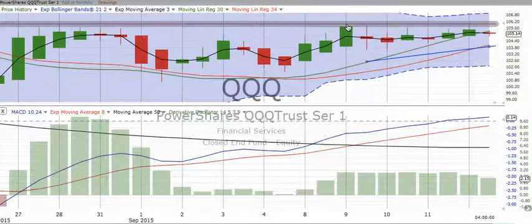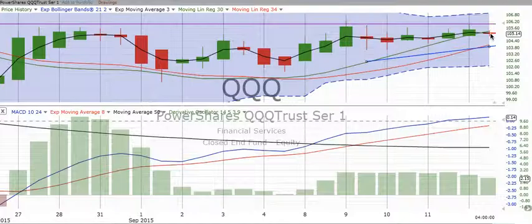I did draw at 106. I drew the purple line there that shows sort of where it's all topped out and hit a few times, rung that bell, and we're not too far from that right now at 105.15. But again, you can see, those of you who are watching, listening, it crossed over going up on the 4-hour chart back on the 27th of August. Continue to see an up movement. We've got a divergence. We have a huge up movement in the MACD, and the charts have just sort of pittered along sideways as far as price movement goes. So again, the MACD doesn't support that up movement that we see.